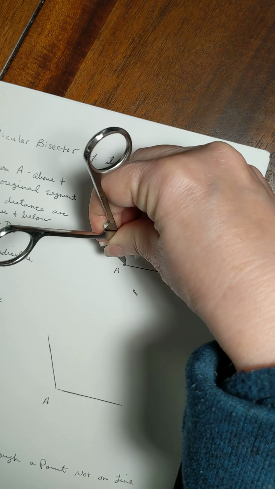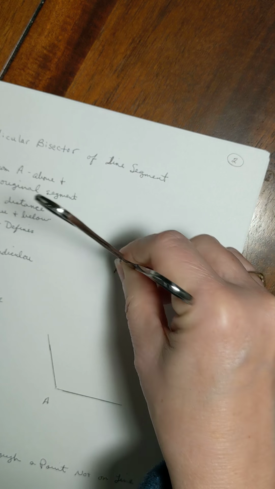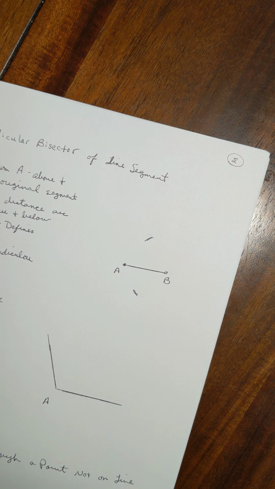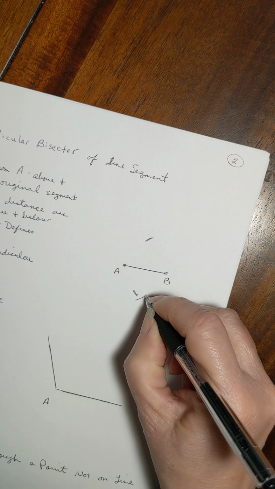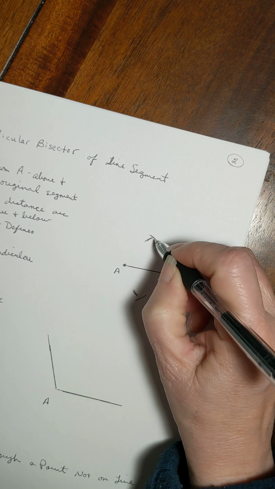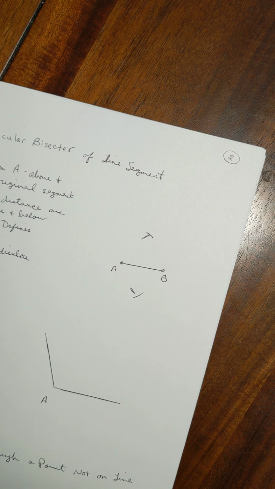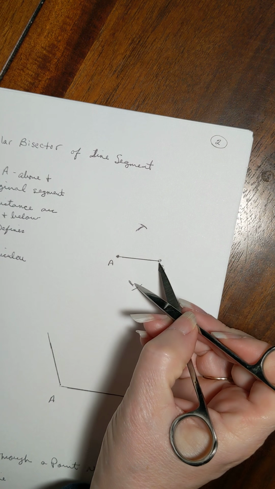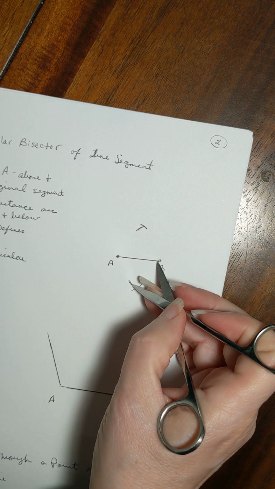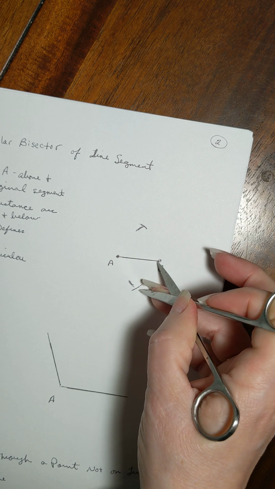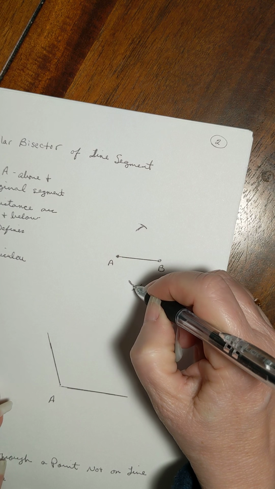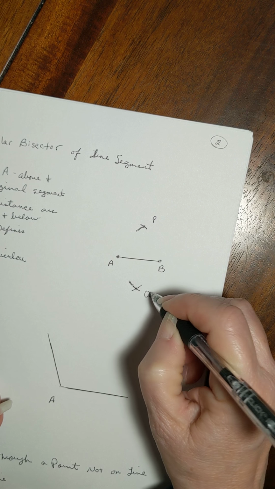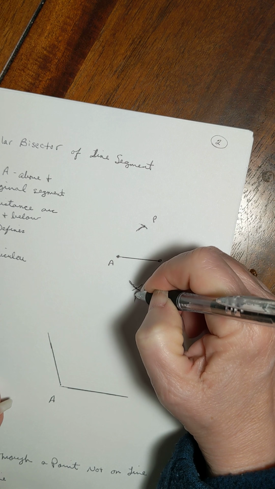So I'm going to draw an arc here and then again down here. And so this one looks like this, and this one looks like this. And notice I'm going to have to extend my little arc a little bit because I didn't make it long enough. Okay. So I'm going to extend this arc just a tad to make it hit the other arc. And so here's point P and here's point Q. And then I just draw that line,